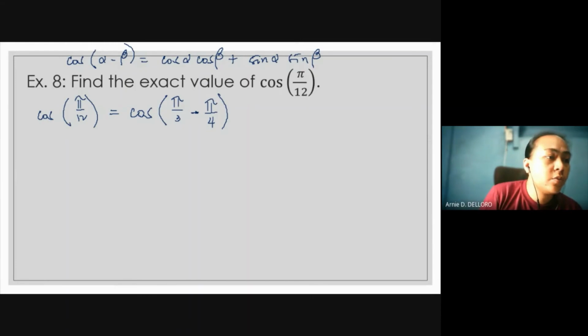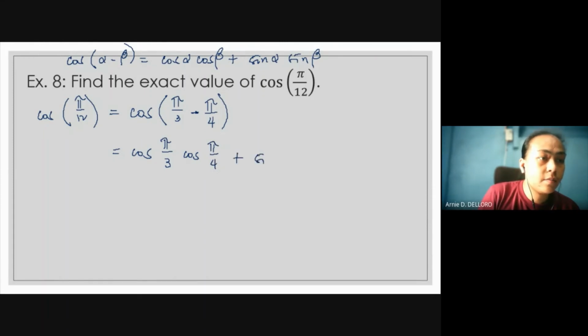Okay? So ang alpha natin yung nasa unahan following the formula. So we have cosine pi over 3 times cosine pi over 4 plus sine pi over 3